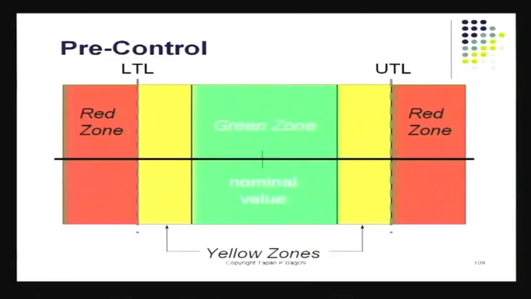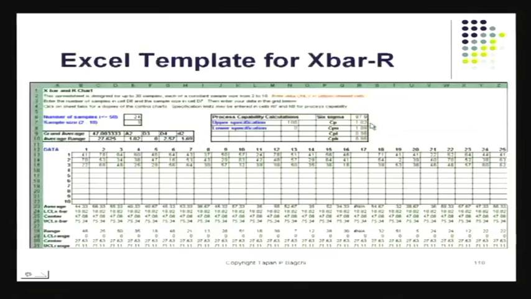Now there is a way to also get warnings out of the process, and those are done by pre-control. Pre-controls are also control charts just like the other ones. And pre-control charts have 3 regions: the green zone, the yellow zone, the warning zone, and the red zone. The tolerance limits are used here in place of control limits. When I'm doing pre-control, I normally use tolerance limits, or specification limits. Again, a fairly decent book on statistical process control should be able to explain to you what the utility is of